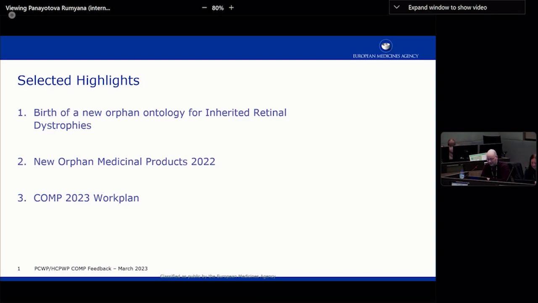So very quickly, what is the problem with IRDs? If you don't know, or if you know, of course, IRDs are essentially a spectrum disease. So it is a huge group of genetic etiologies that have a very varied expression on a phenotypical level. And these expressions can be, even within the same gene, if you're in a family, children with the same gene defect can have very different expressions depending on which specific locus is affected, which modifier genes are involved.